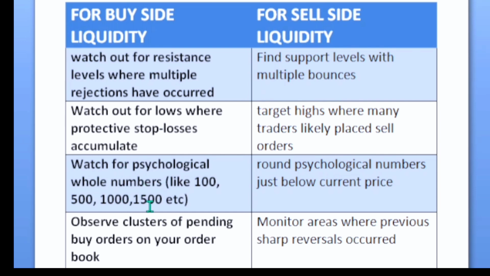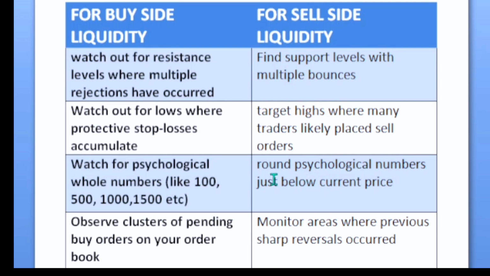You also have to watch out for psychological wall numbers like 100, 500, 1,500 or something like that. So maybe you're trading, for example, the Solana USDT pair and you want to take your profit at 200. You should know that is a psychological number that has an effect on the market. Or you're trying to beat an all-time high. Let's say for Ethereum, you set your take profit at 5,000. You should know that is most likely not going to happen at the time you expect it. It will happen where they are definitely going to sweep off the liquidity on the market.